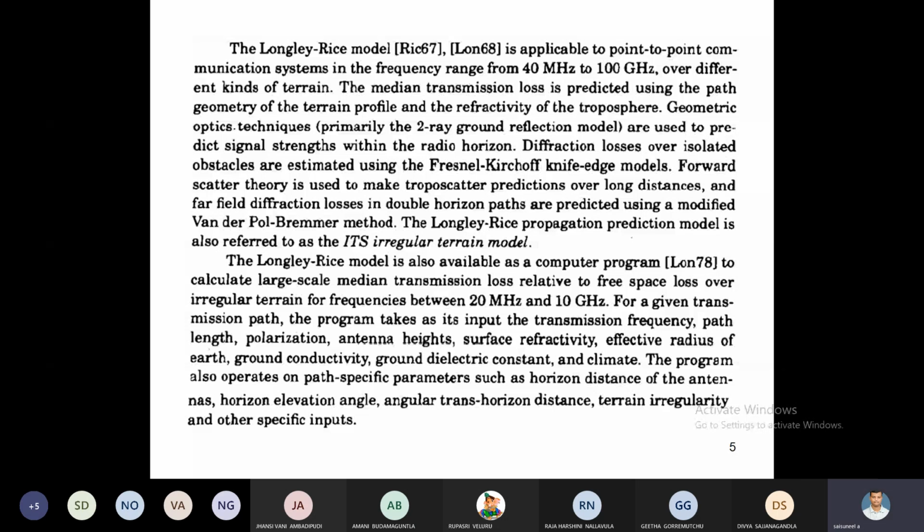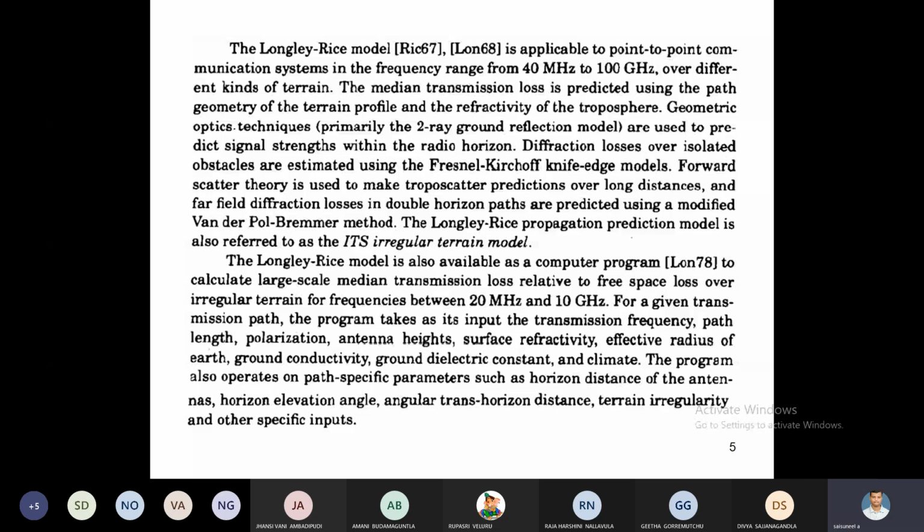Nothing but we know the terrain profile. Then automatically we get the output, the path loss. What is the terrain profile here? What is the path length? What is the antenna height? What is the conductivity? What is the permeability? What is the distance between transmitter and receiver? What is the height of the antennas? What is the elevation angle? Some of these inputs we know, then we give these inputs to the program and directly get the output. That is point-to-point mode. The other mode is called area mode.